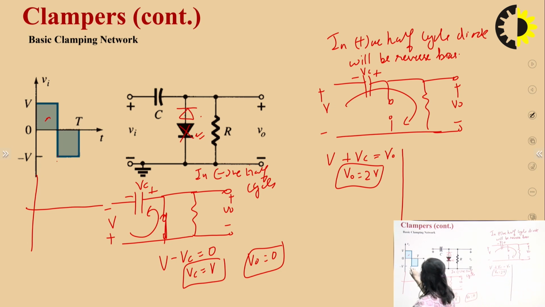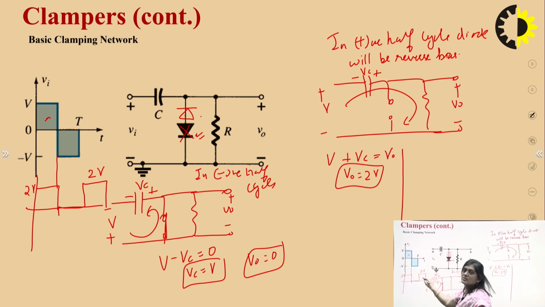So we will put here, this is our 2V, and negative half output is 0. Again positive half 2V. So this will be the square waveform now, and the total swing will always be same. Means like this is the V and this is minus V. So V minus minus V, it will be 2V. So this is the total swing in the input signal, and in output signal the total swing will be 2V and this is 0. So total swing will be 2V.